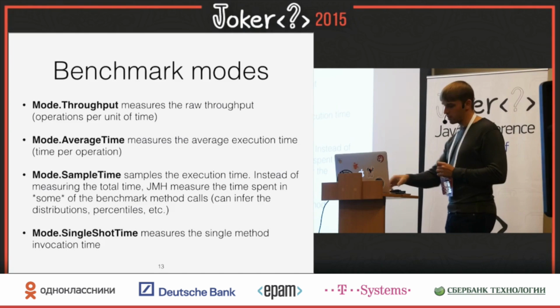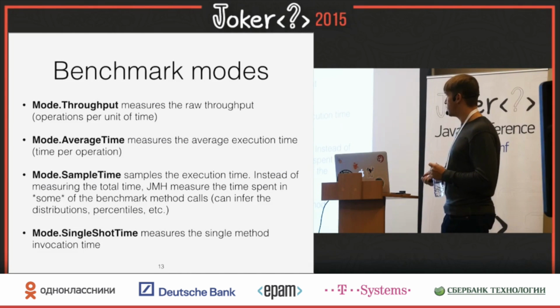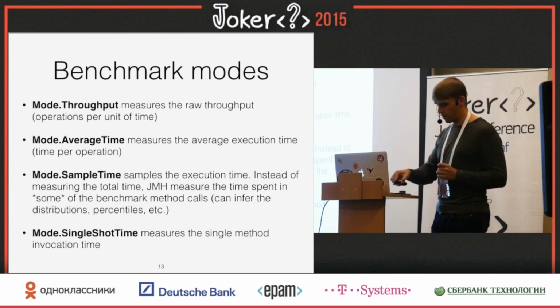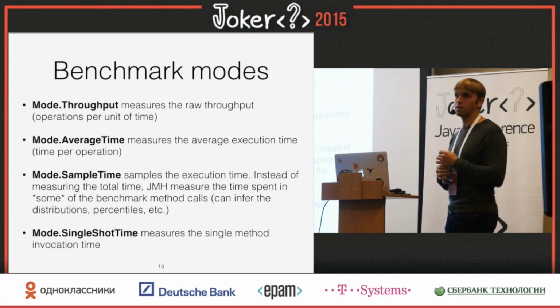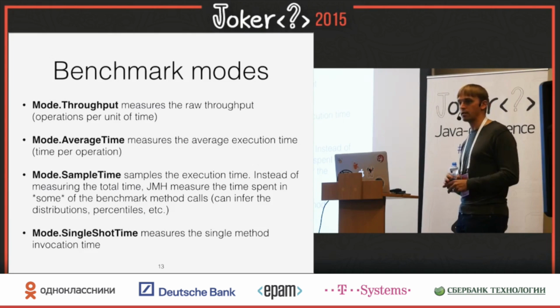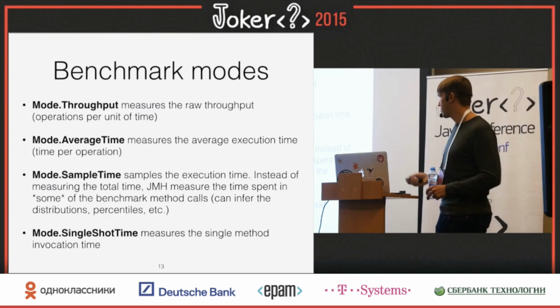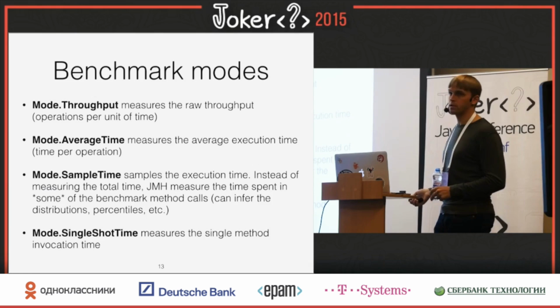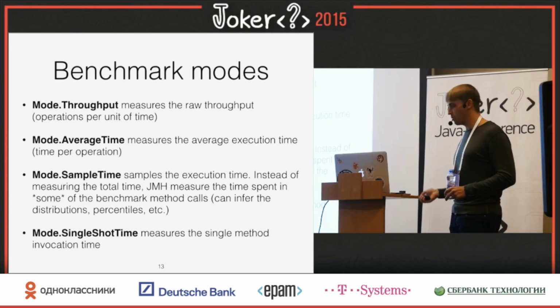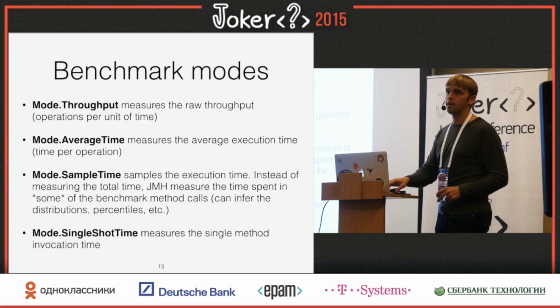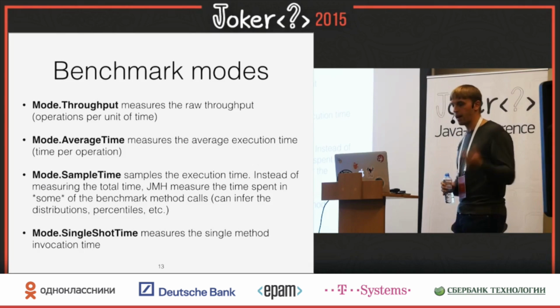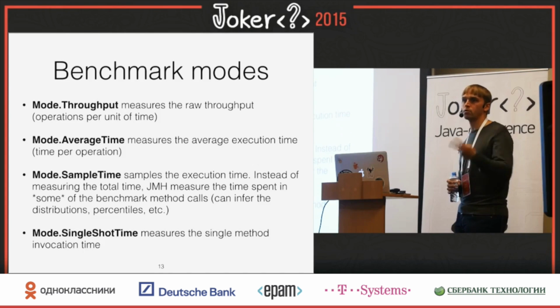But for big ones, first of all, you don't want the repetitive runs of a single thing. So you want to say something like, run the thing 1 time, but you use more than 1 iteration. If it runs, let's say, for half an hour, I will still use 2-3 iterations, and I will still use a couple of forks. So even that thing will be run several times. And then it's up to you. You can say, okay, I have 3 iterations. 1 will be a warm-up iteration and 2 measurement iterations.